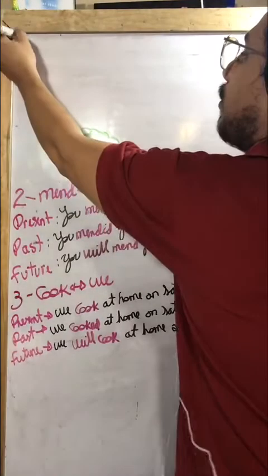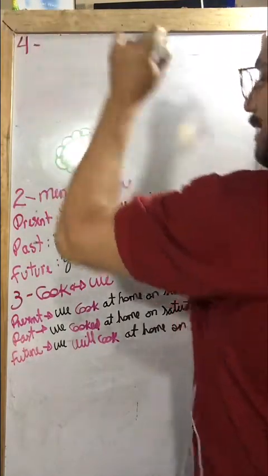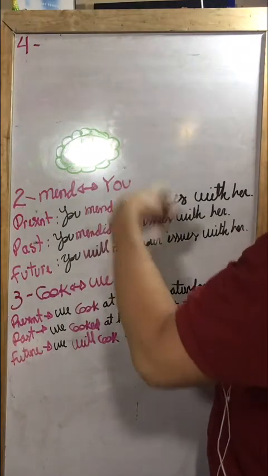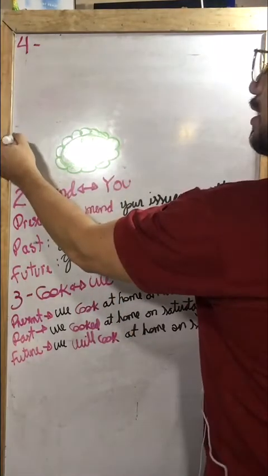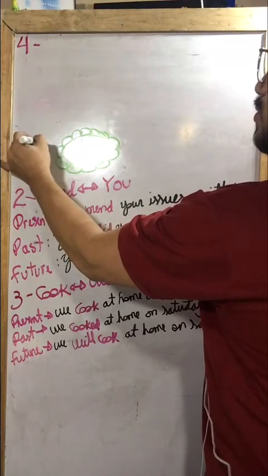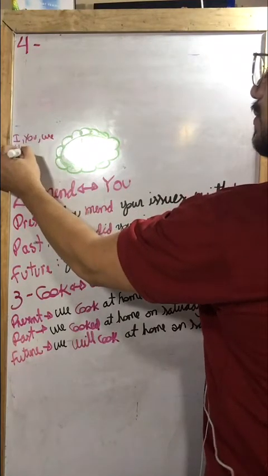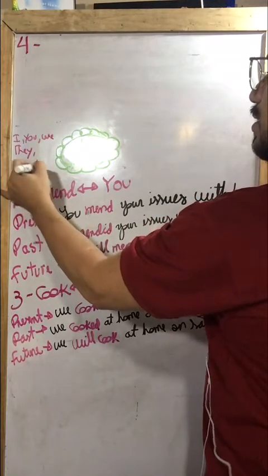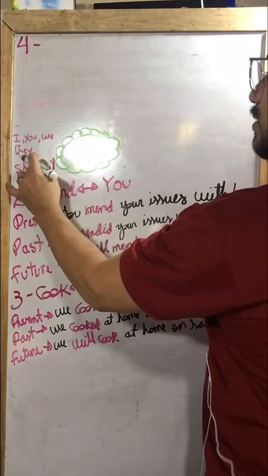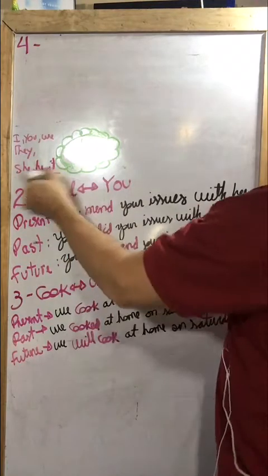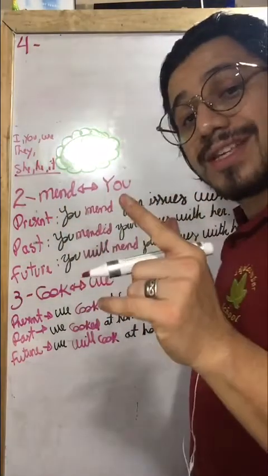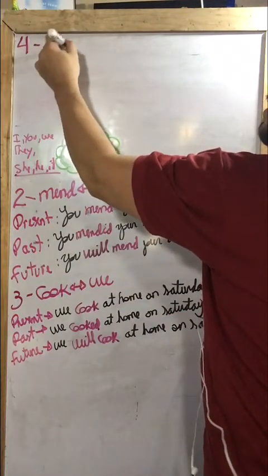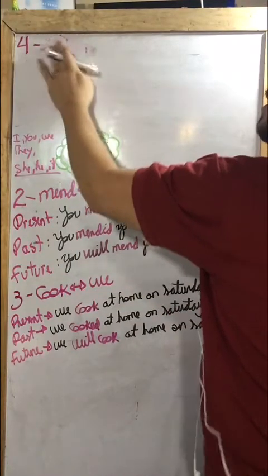So for number 4, I have you, we. The next one would be, I'm gonna write them in here. I, you, we, they, she, he, and it. Okay? These three are the ones that change things in the present. So we have they. Oh, sorry, the word is